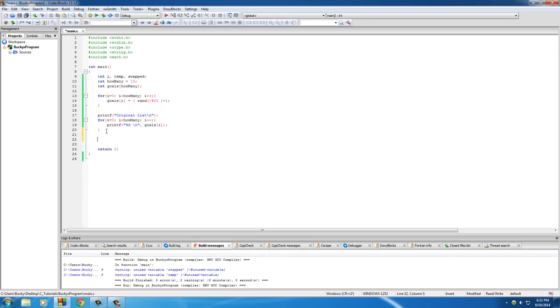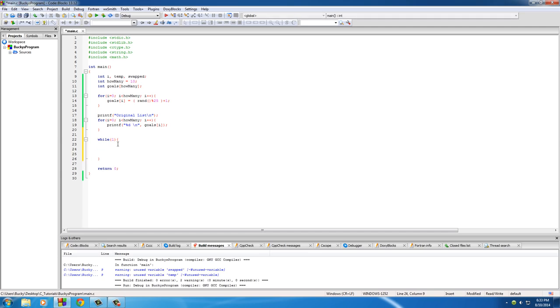So the first new technique I want to talk to you guys about is called an infinite loop. If you just put while, inside the condition put 1. Now whenever you have 1 right here, 1 is the same thing as true in programming. So this loop is going to continue forever and ever until you tell it to stop. And the only way that we can tell a loop to stop is to add a break statement. So essentially we're going to say keep sorting this list and sorting it and sorting it, and when it's finally sorted, we're going to add that break statement, and it's going to say, okay, now it's time to quit,